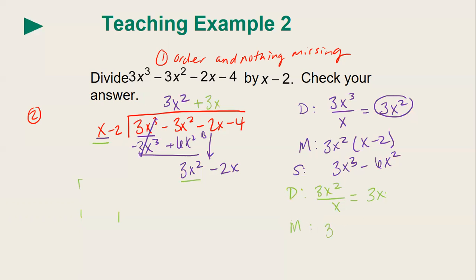So we're gonna multiply. So we have 3x, because that was our quotient, times our divisor, which is x minus 2. And what do I get from this? We get 3x squared minus 6x. Okay? And now we're going to subtract this. So subtracting this means that I'm doing what to it? Changing the signs. Remember, subtracting means you're changing the signs. So instead of a positive 3x, it's going to be a